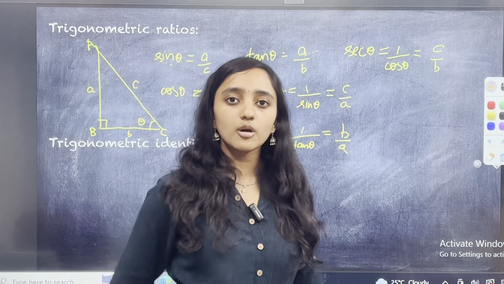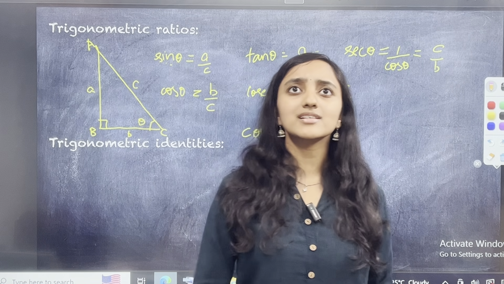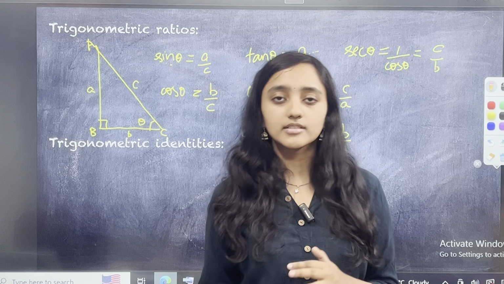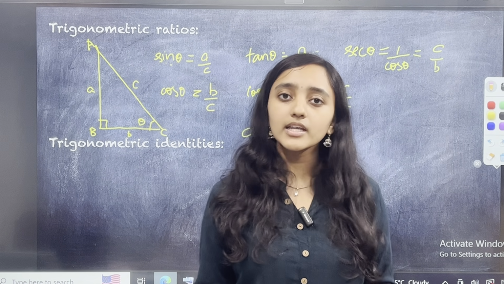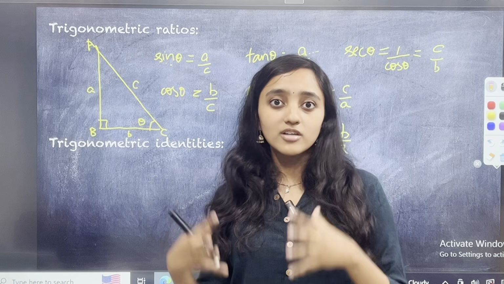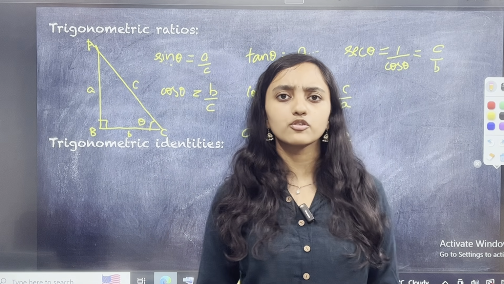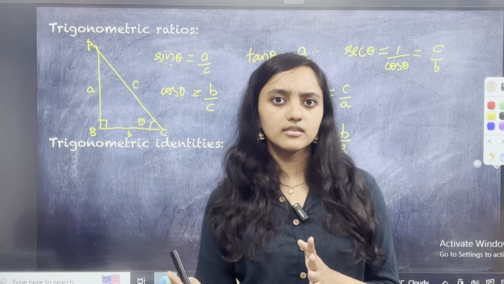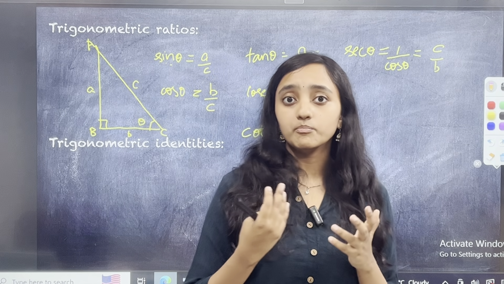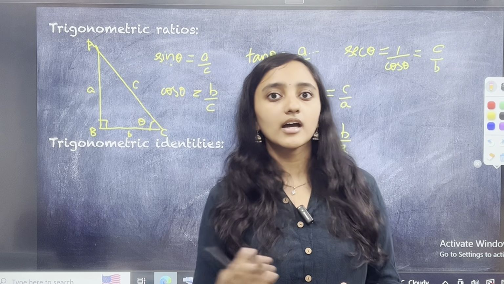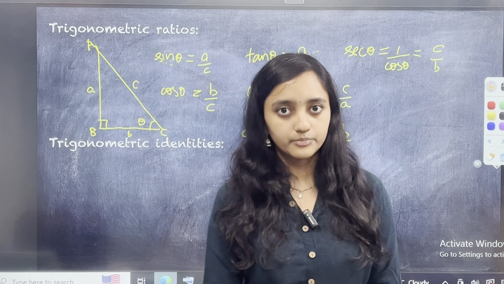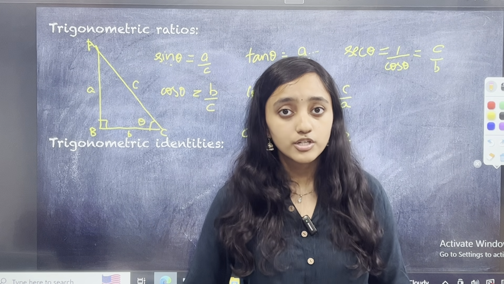These are your basic trigonometric ratios, and most likely both for heights and distances as well as for trigonometric ratios, जो proof वाले questions होते हैं वो सारे इन्हीं concepts के basis पे होते हैं. So it's very important for you to know sin theta and cosecant theta are reciprocals to each other. Secant theta and cos theta are reciprocals to each other, and tan theta and cot theta are reciprocals to each other. इतना समझ में आ गया? Have you noted it down?